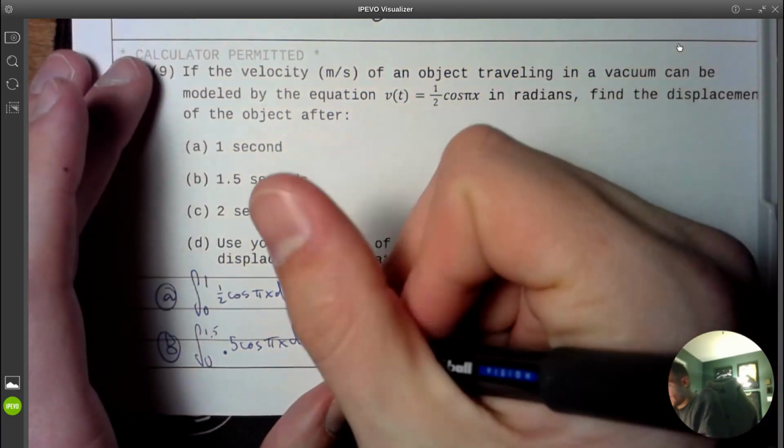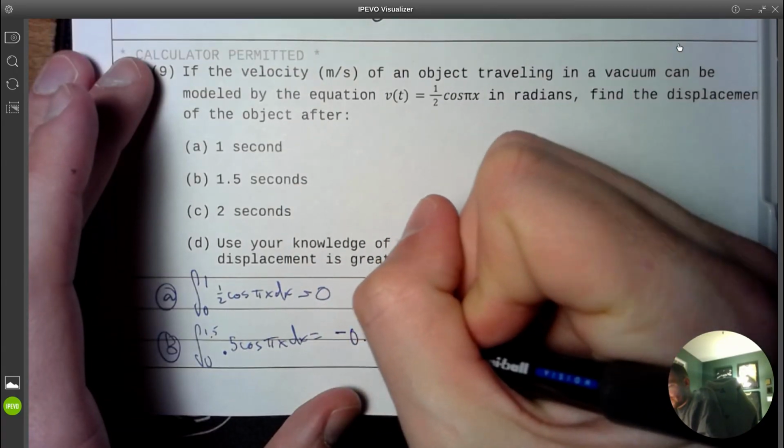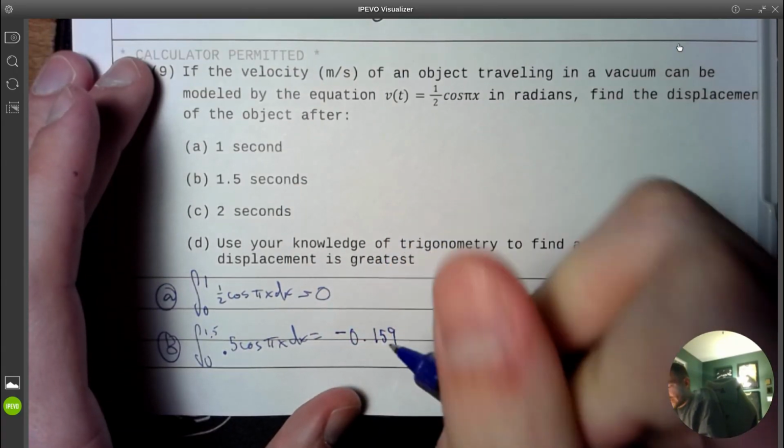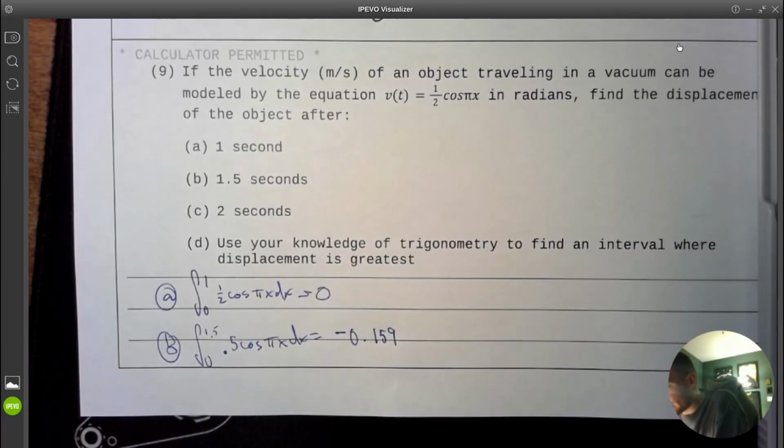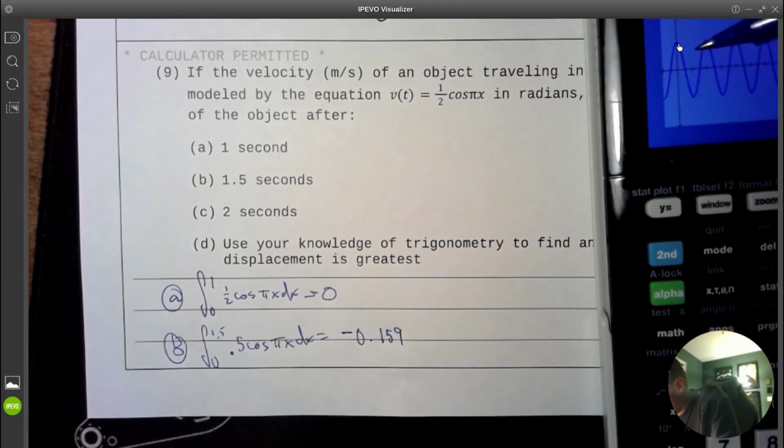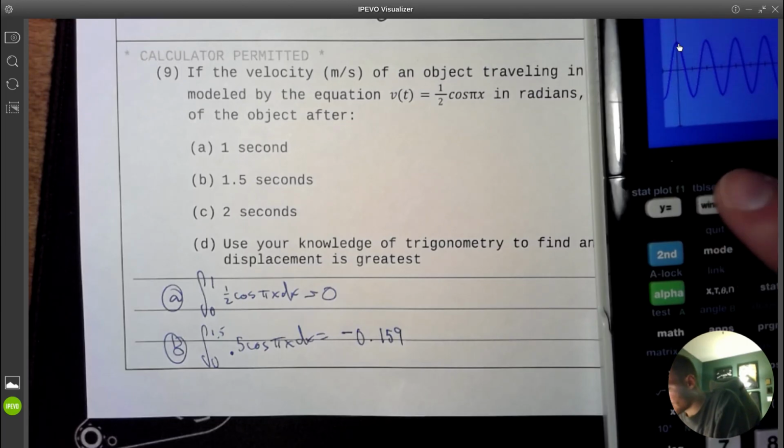Okay. -0.159. That's because I am positive, negative, negative. So I actually do have more area negative. All right, what about